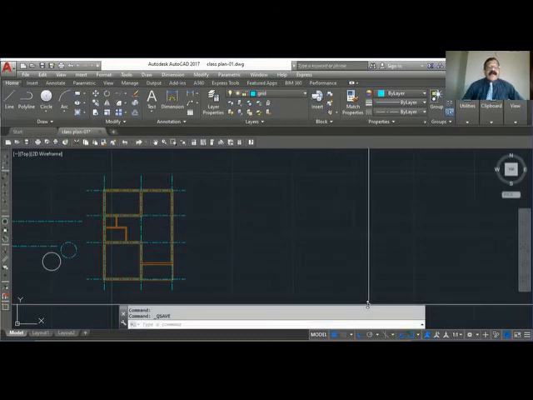The layer command is used to create different layers for different objects. So for door, you'll create one door layer, window layer. When you want to take a printout of the electrical drawing, you don't require the plumbing drawing. So you can freeze the plumbing, and you can give the printout of the electrical only.